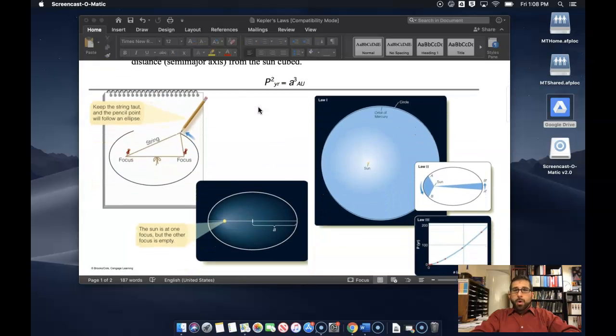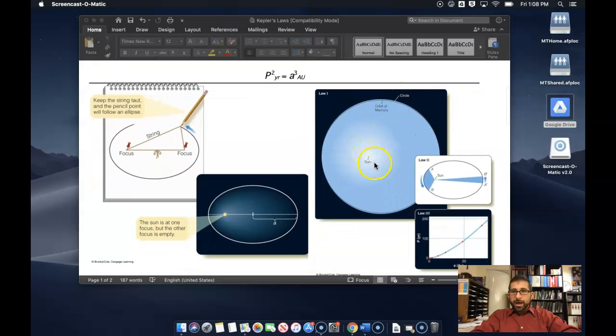So in law 1, as we can see here, we have the sun not at the center, but just offset from the center of the orbit of planet Mercury. And you'll notice it's not quite a circle. It's just barely an ellipse. So although the planetary orbits are very close to circular, they're not quite circular,